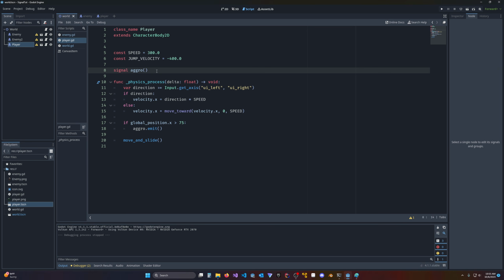You can pass parameters. And obviously you could have an enum do this, but for simplicity's sake let's go with just an integer, and we'll call it aggro level, and we'll type it as an int. So now I want that function to respond in 2 different levels. So when its global position.x is 75, I want to emit signal. I want to emit the lower of the 2,